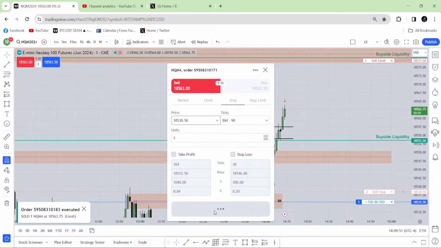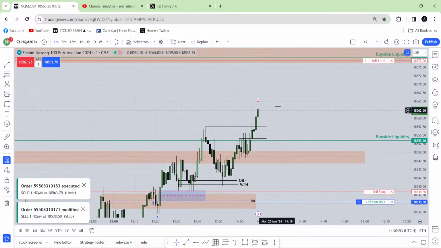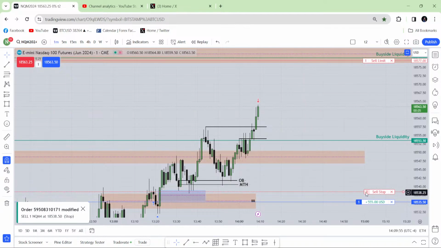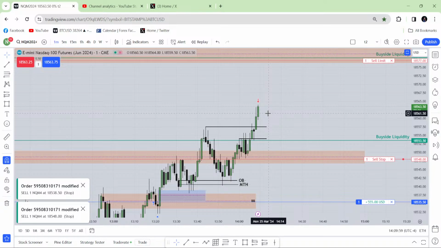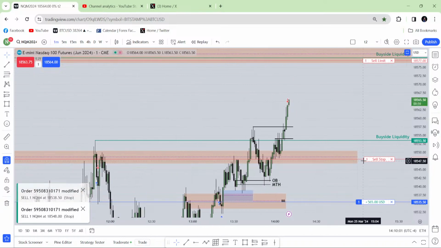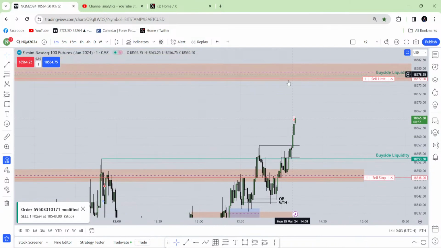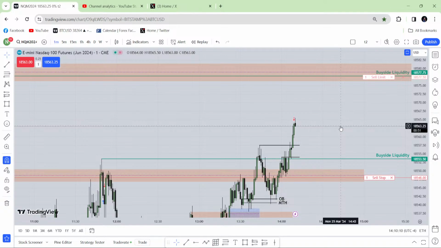But yeah, to be honest, he's good. So it hit my partial, so I'm going to put my stop loss over here. Okay, I took the partial, and now the stop loss is over here. If it hits me, I'll be happy. Otherwise, I'll let it go until that target, until here. I'll just let it go.